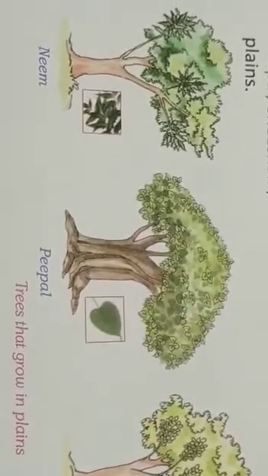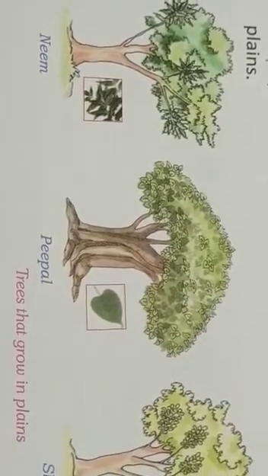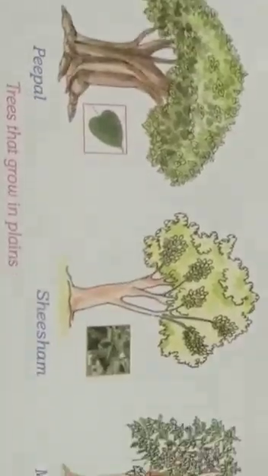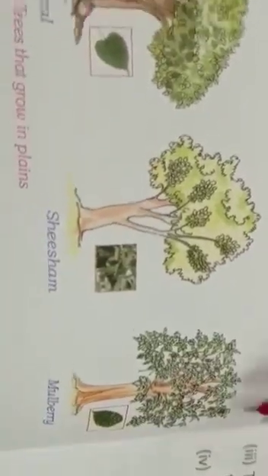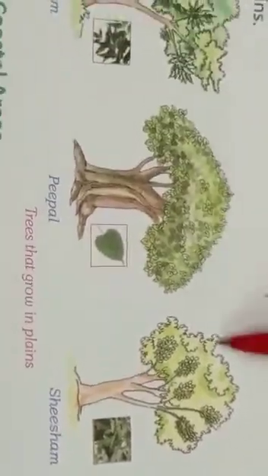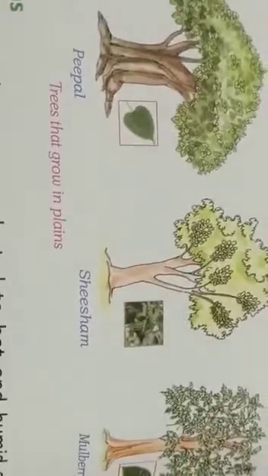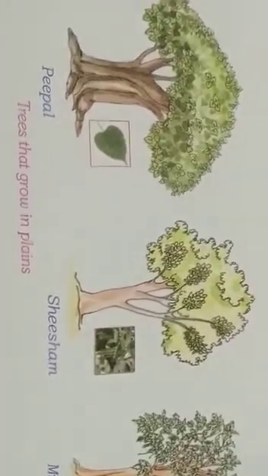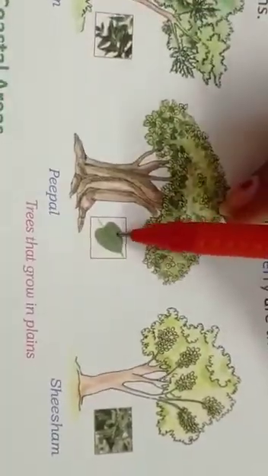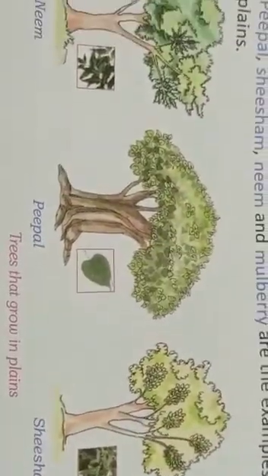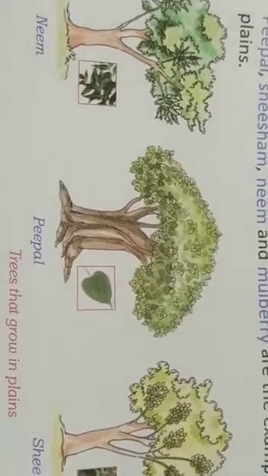Now second one is plants of plain regions. Number 1, these trees have lots of leaves with branches spread around. You can clearly see in this picture these plants have more branches and more leaves. Number 2, their leaves are flat and thin. These help in evaporating the excess water and keep them cool.